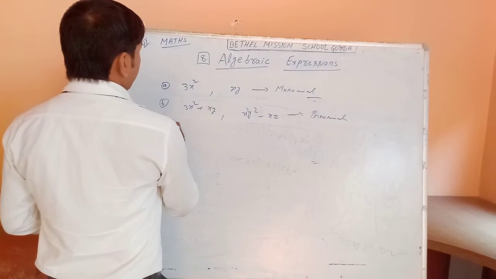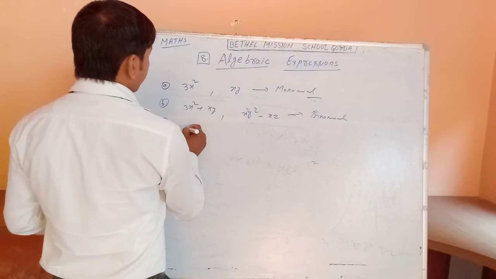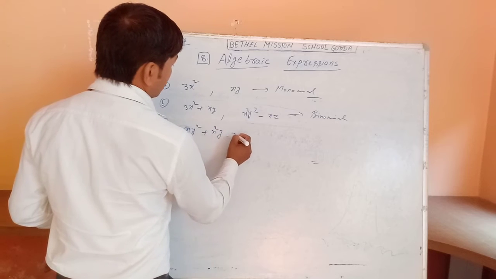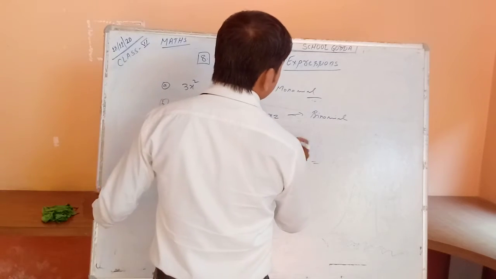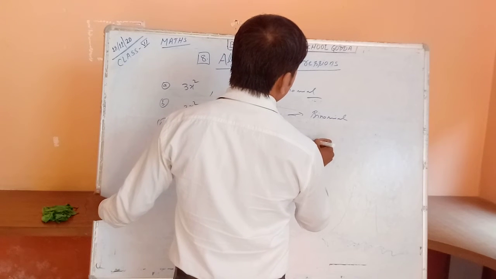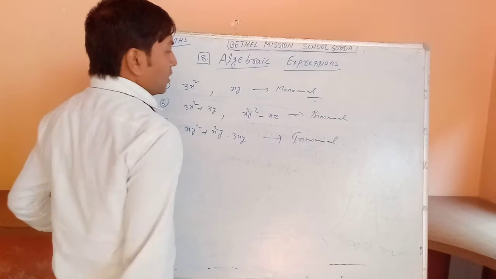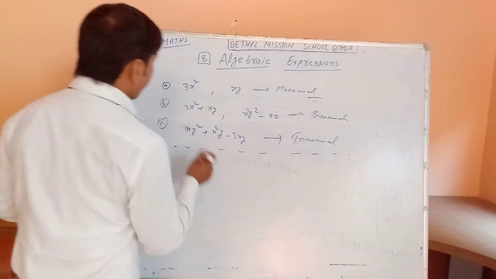Okay, and when we have three terms, 1, 2, 3, so this is a trinomial. Okay, so it goes on, and now one more,